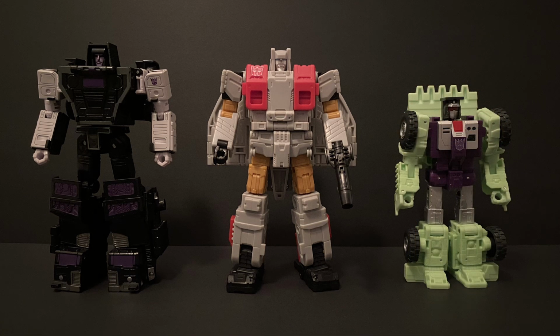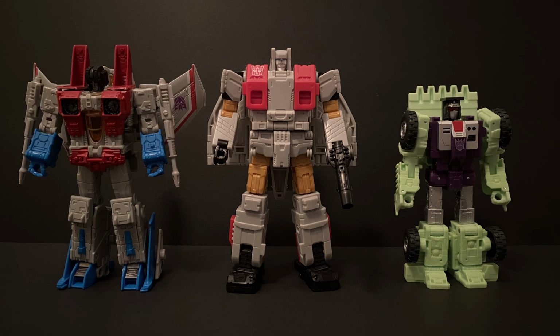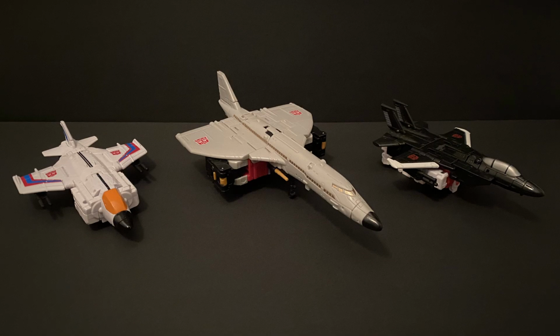Though I'm not too sure how I feel about Scrapper being this much smaller. However, it does make a bit more sense considering we have 6 Constructicons versus 5 of everyone else. And I definitely had to show you how he looks up against a Seeker. I love bots that scale in vehicle modes, and unfortunately you just can't do that here without some major engineering